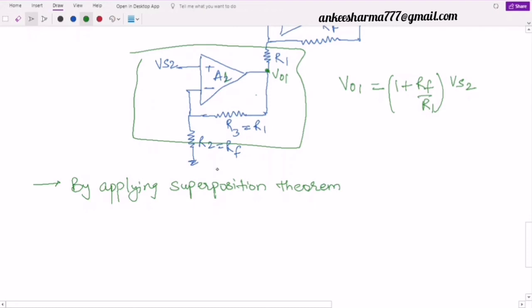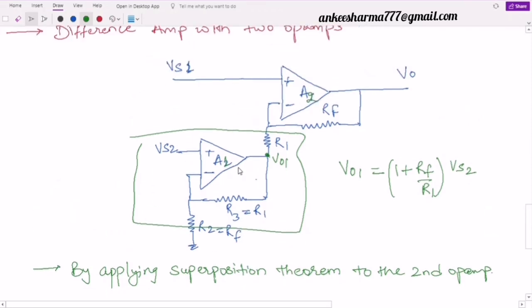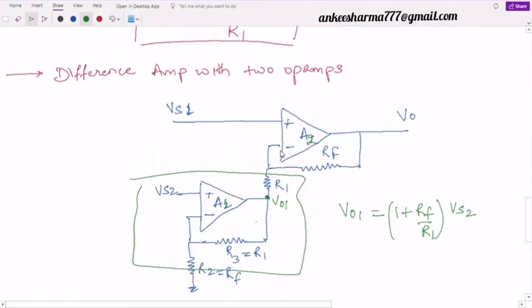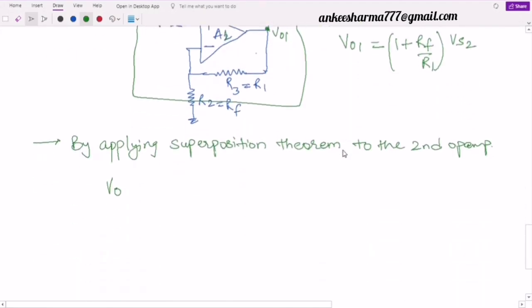Superposition theorem to the, okay, I will write here, to the second op-amp. So what will be my output? You can find it by yourself now. I have already explained this in the previous lecture, that is the difference amplifier with one operational amplifier. In that one I calculated both the output voltages and summed them. So I will write here directly that my output voltage V0 will be equal to minus RF by R1 of